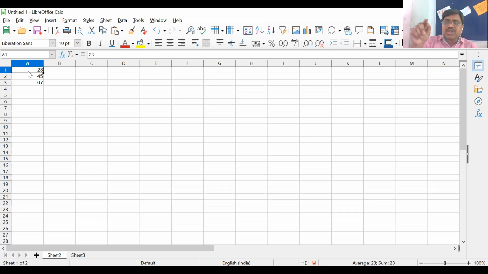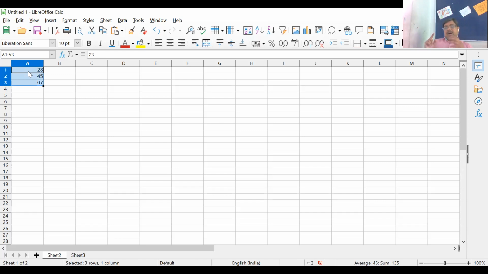First you have to know where your cursor is. Since the other cells are below, I will use Shift and press the down arrow key two times, and the other two cells will be selected.